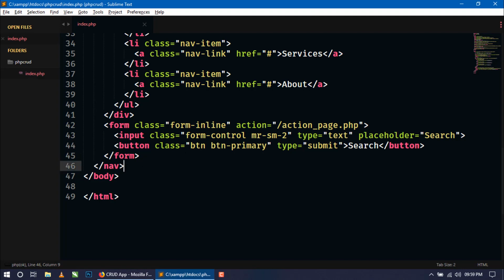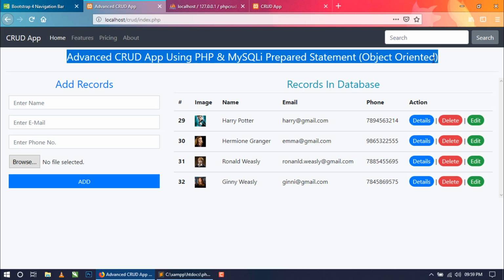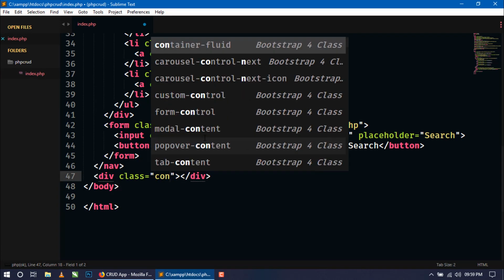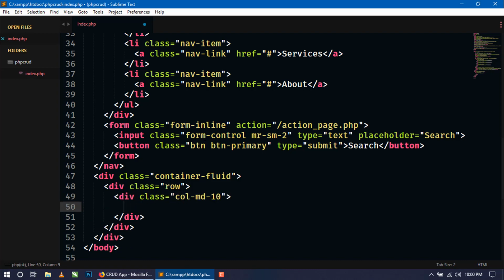Now inside this navigation bar we have to show our heading, this heading. Okay, so just copy the same thing, and here we will create a container fluid, and inside this container we will create a row, and inside this row we will create a column md 10. Okay, now make this column center to the page. So for this we will use justify content center,